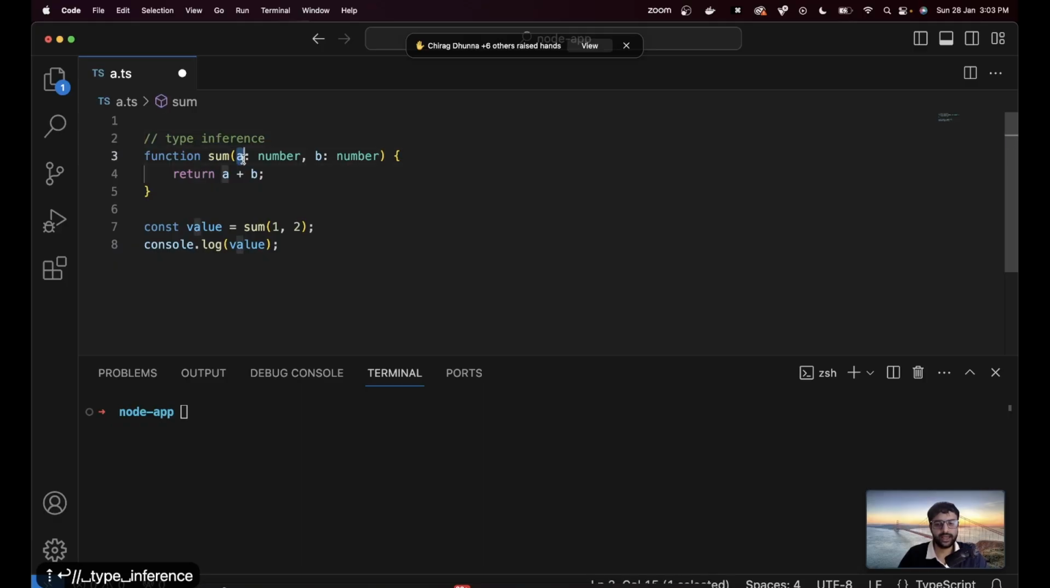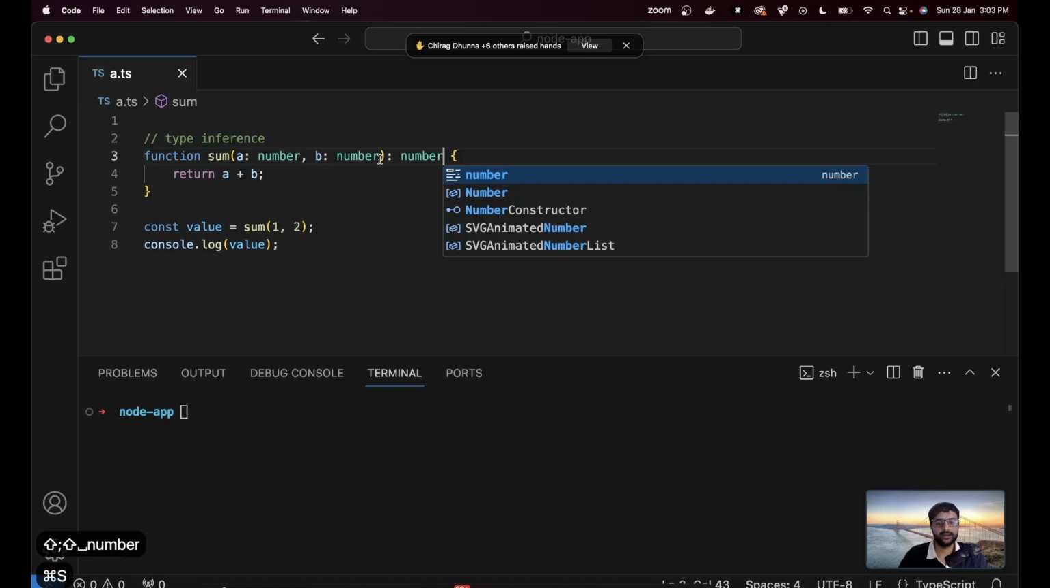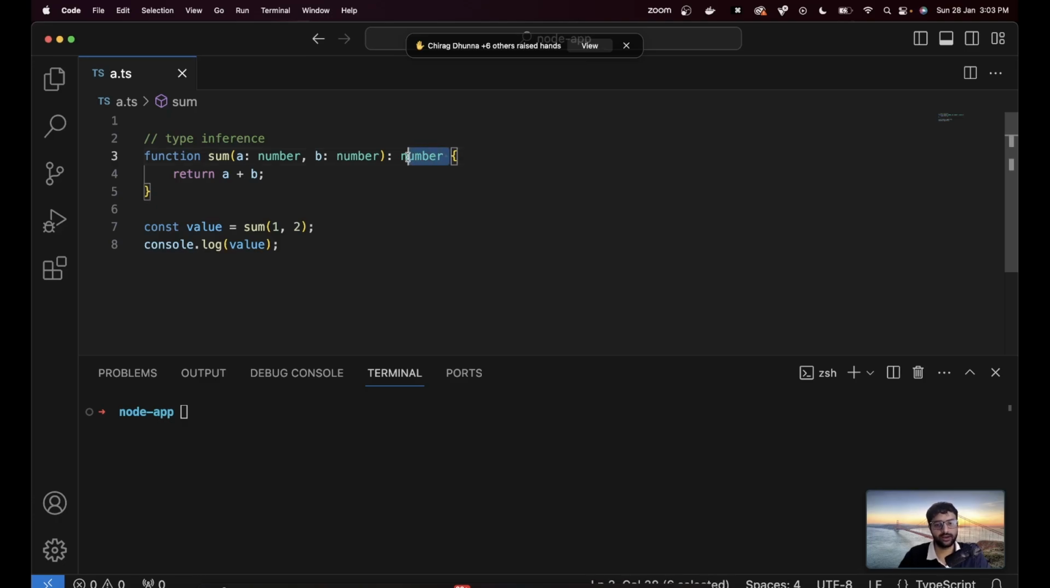TypeScript knows that A is an input, B is an input. A is a number, B is a number. If you add two numbers, that is also a number. And so it was automatically able to understand that this will return a number. You don't have to explicitly give it a number. Usually it's good practice to give it a return type. This is going to return a number, but you don't have to, because the TypeScript compiler knows the input is a number, out